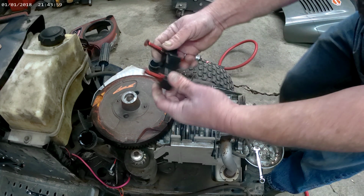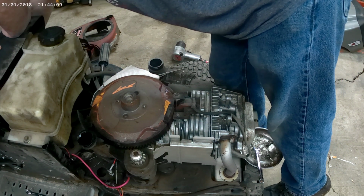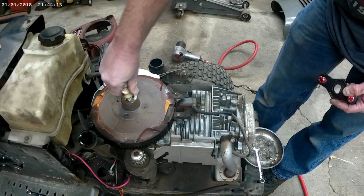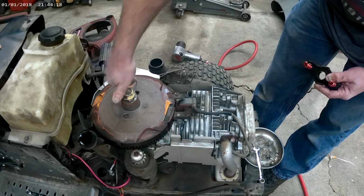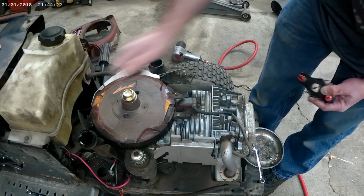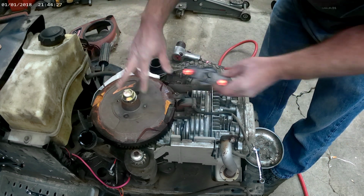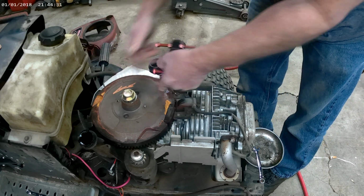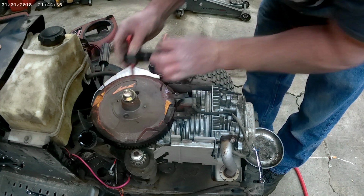So in order to use this one, you need the bolt that we took out of the crank, and you screw it back down in there. Not all the way, but a pretty good ways. Probably leave a 1/4 inch between it. And then these screw down in these two holes that are in the flywheel. I think I've got the right ones in it. It comes with 2 sets of bolts,